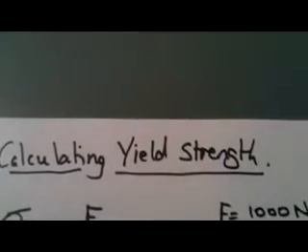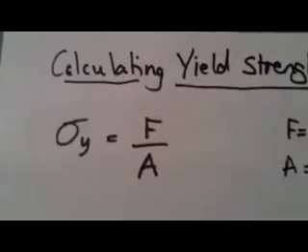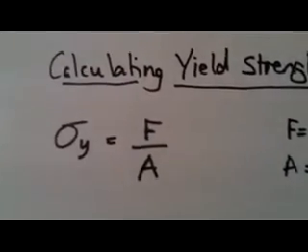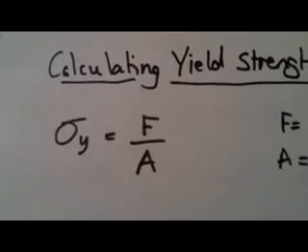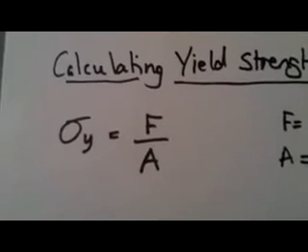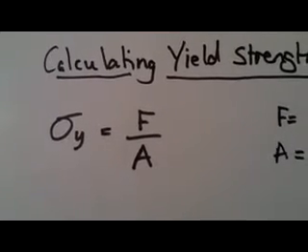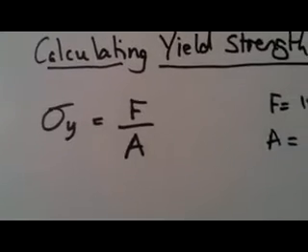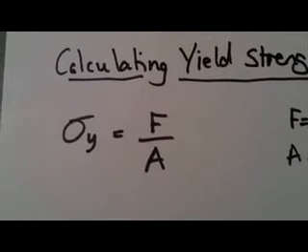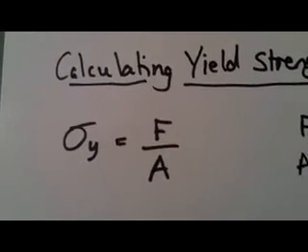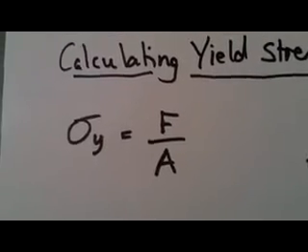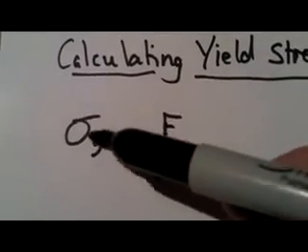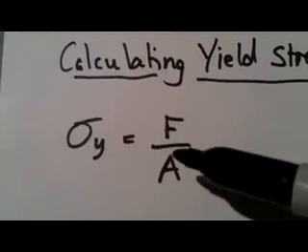Right, so first of all I'll just show you how to calculate the yield strength. The formula that you need for calculating stress, and this is called nominal stress or engineering stress, assumes that the stress is uniform throughout the thickness of the material, where in reality it wouldn't be. But we're going to use this formula, and this is the normal formula to use for this type of calculation. So you've got stress, sigma, which is this funny Greek letter here, equals force divided by